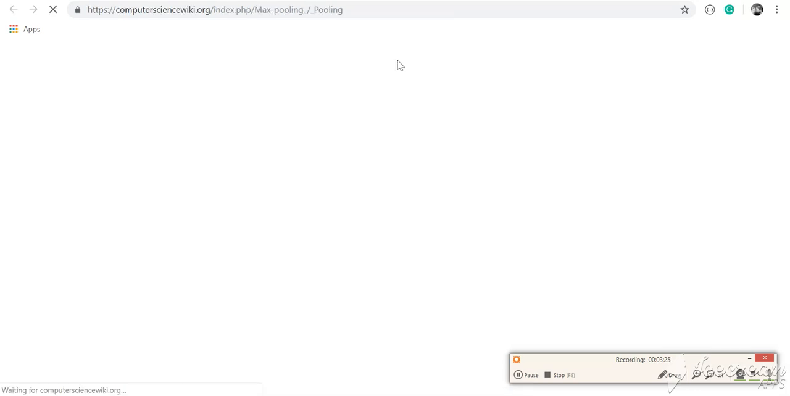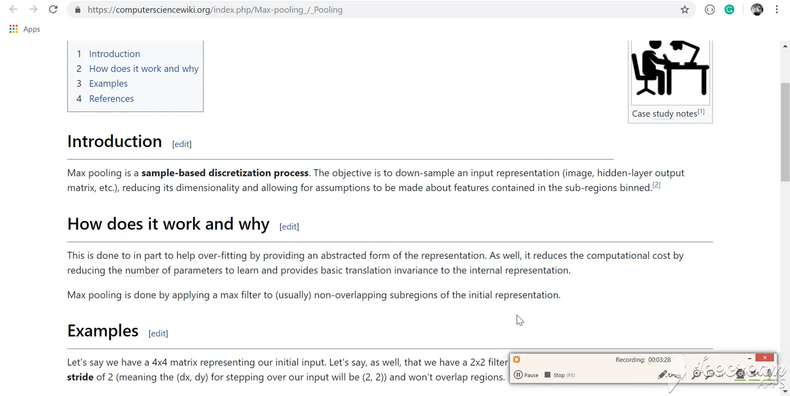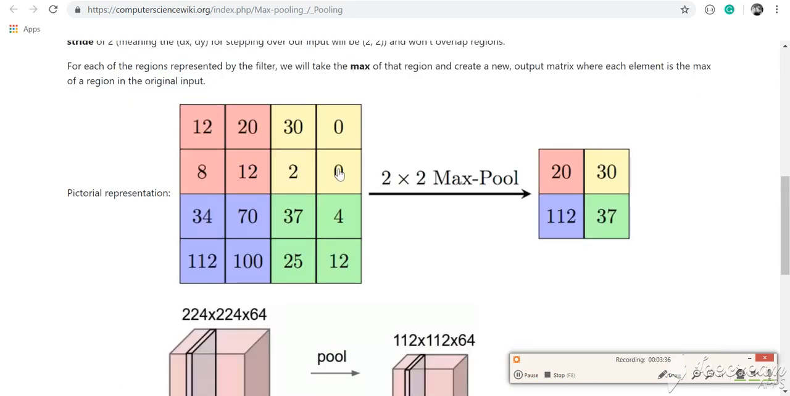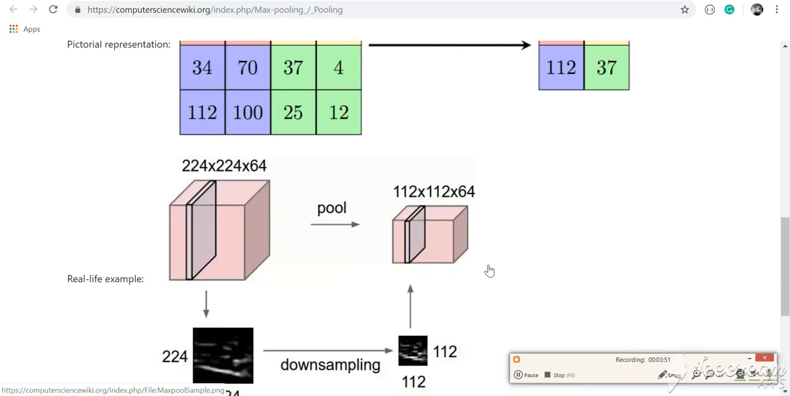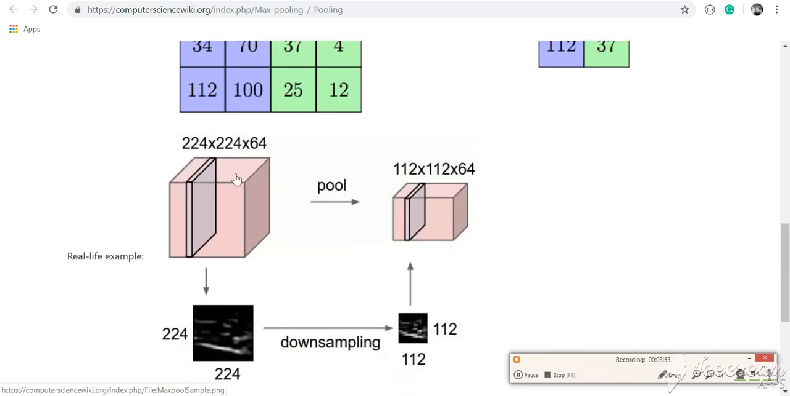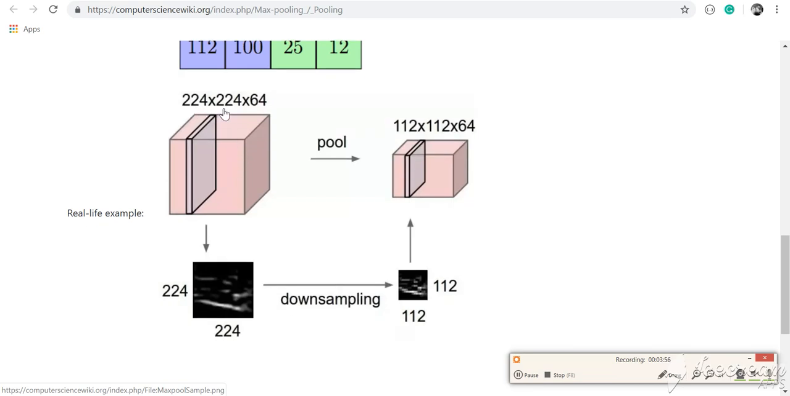So coming to what is max pool. Max pooling is a sample-based discretization process. Let's say we have a pictorial representation like this, we make it to max pool. That is, if we see the first 4 squares, 20 is the highest value, the second 4 squares, 30 is the highest value, like that. So we could reduce the number of data points, for example, if you take 224 cross 224 cross 64 to 112 cross 112 cross 64, which is a very reduced number of features,